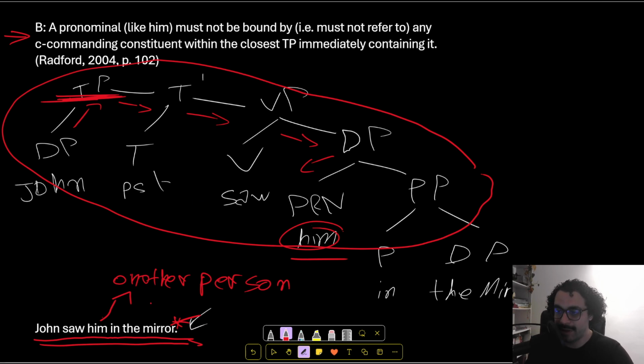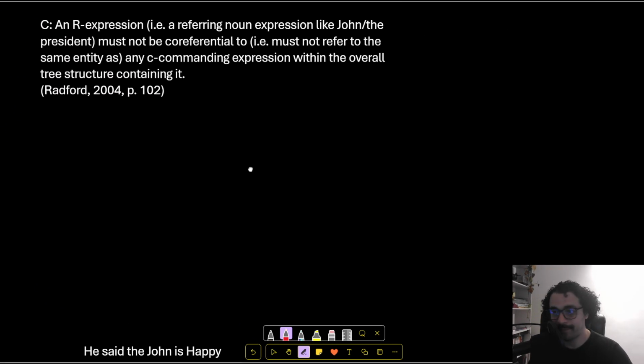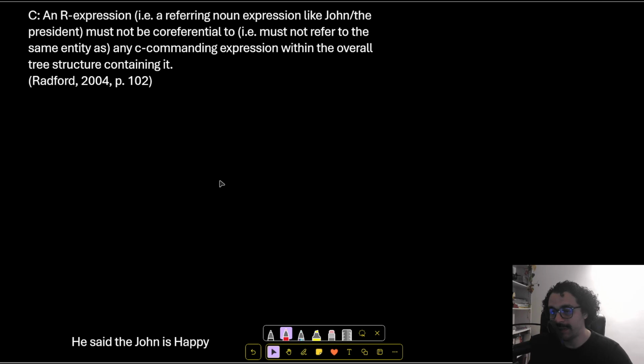Now let's move on to the last one, principle C, which is also not that difficult. We're almost there. Let's read what it says here. An R expression is when we use names of people, and also the president, for example. It's a noun that refers to someone specifically. It's not pronouns. We're not talking pronouns anymore. So an R expression